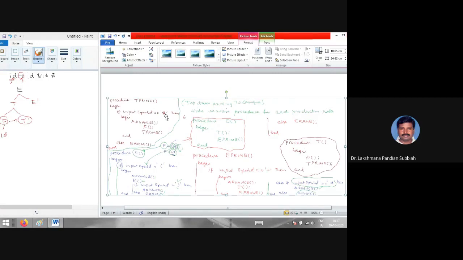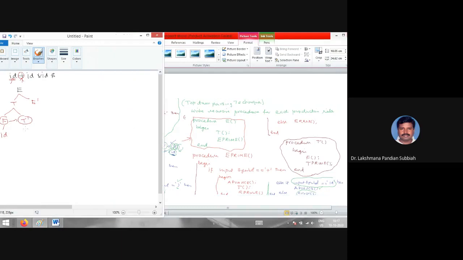Here, actually, empty means there is no else part, sorry, I made a mistake. This else part is not error, else error is not there for this T prime and E prime. In that E prime, else error is not there, else means empty. If there is no symbol you take that as empty, so here you have to put it as empty, right? Here I will show that mistake.